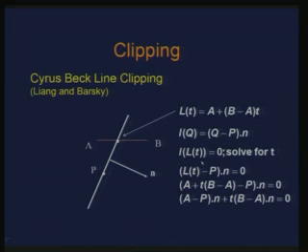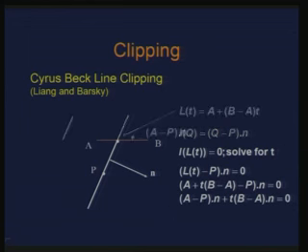So, it becomes a very simple solution, right. That is what I have done. I basically substituted L(t) here, and then after just rearranging these terms, I can figure out this equation: (A minus P) dot N plus t times (B minus A) dot N equals 0. All I need to do is get this t, and of course, t has to be within the range 0 and 1.